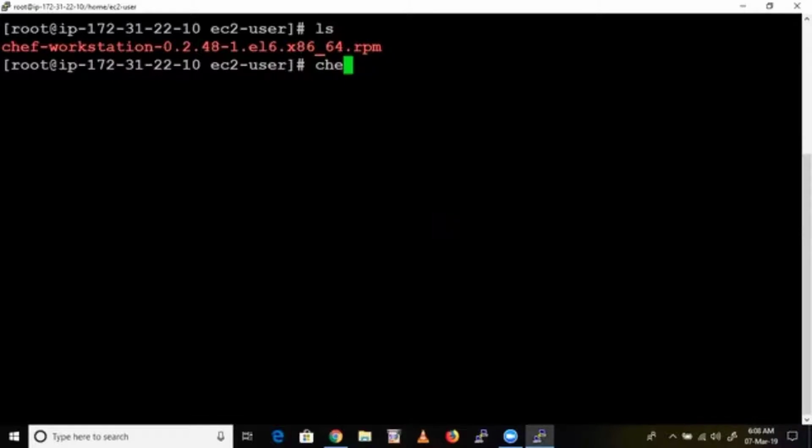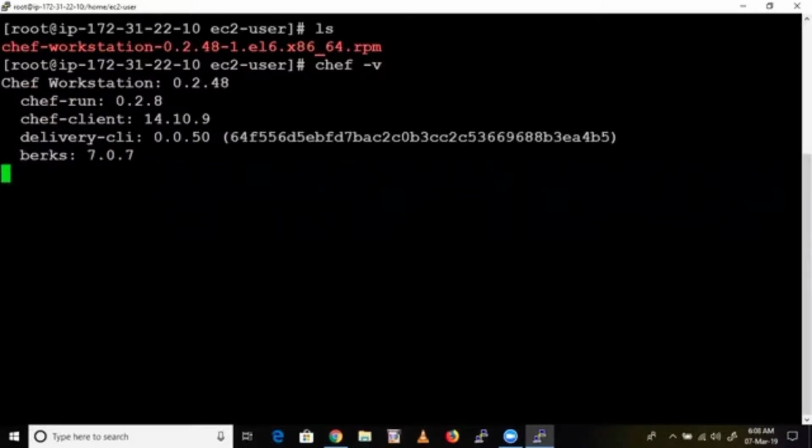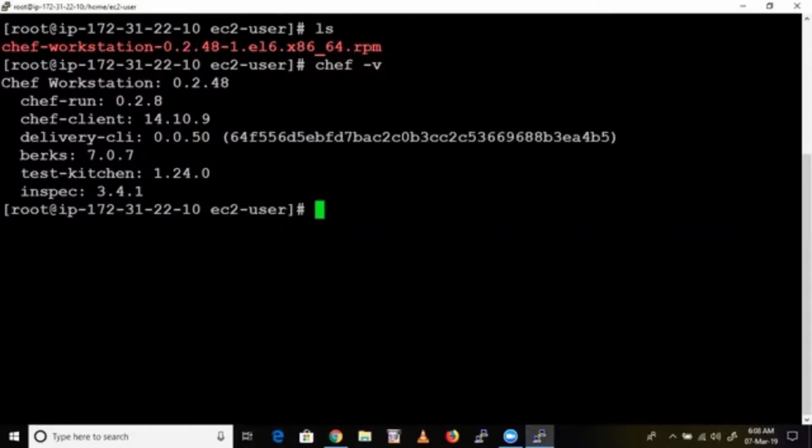You can verify that with chef -v. It will show all these tools, which we get by default with the Chef Workstation package. If you observe carefully, Chef Run is a tool, Chef Client is a tool, and there are also Test Kitchen and many other things. I'll explain them one by one.